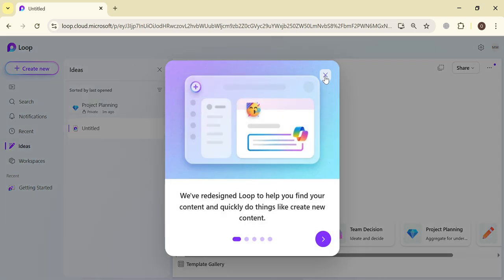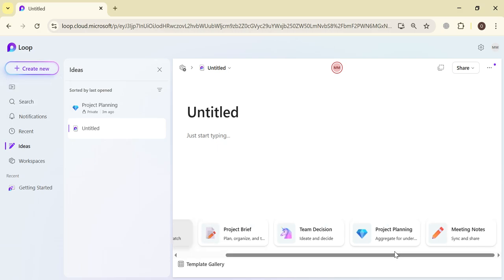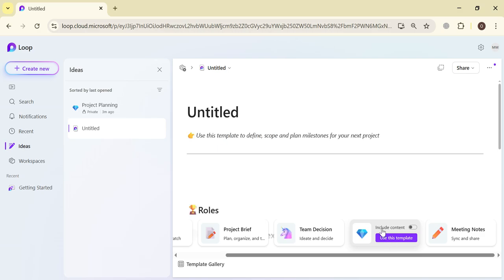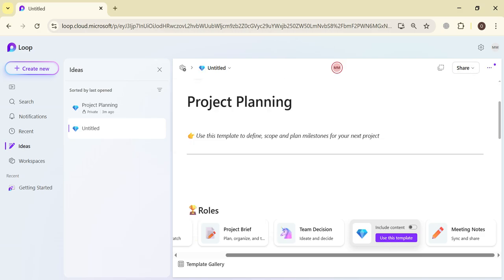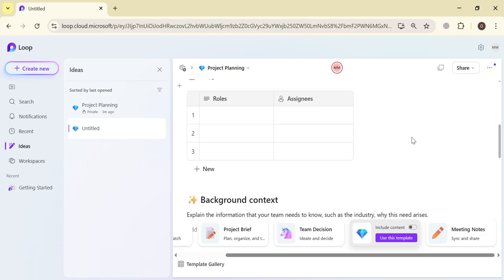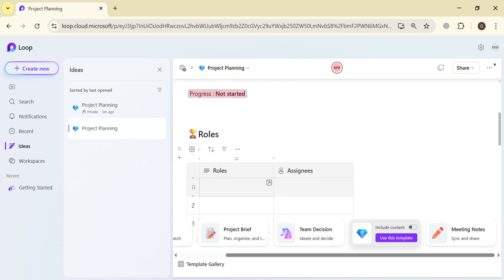Okay, let me show you. Just click on Create now and then New workspace, and then in that new workspace you can create your page ideas. So let's suppose we are going to work with our team regarding project planning. Here I'm going to select a project planning template, and then you can add your team members so that you can collaborate on a project. You can change the names, cover photo, text, each and everything as per your project, and then you can click on this Share button.